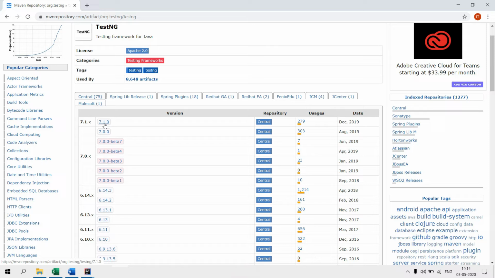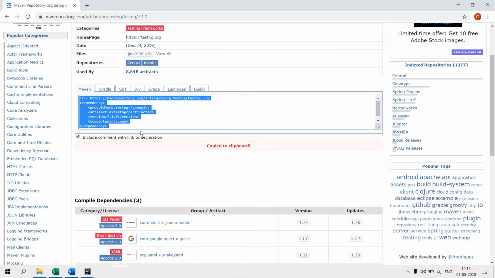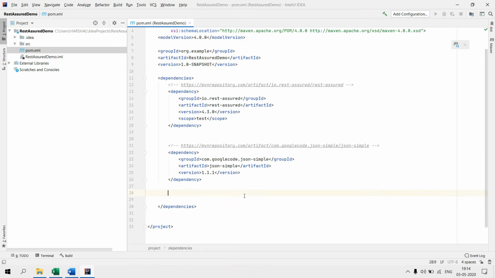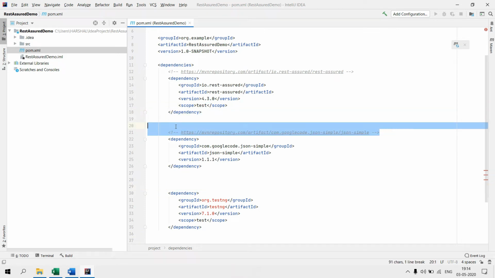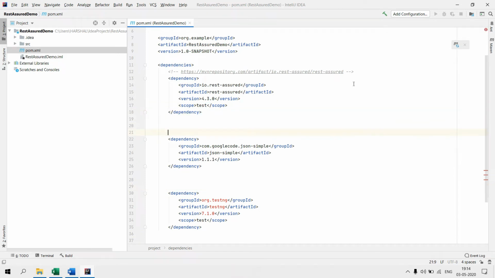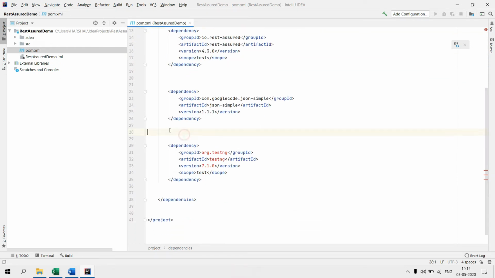So I will be clicking on the latest version. I will be copying it, pasting over here. I don't require this link, so I will be removing this link. So these are the dependencies. So this is our project, rest assured demo, and this is the pom.xml file, and we have downloaded the dependencies from the Maven repository.